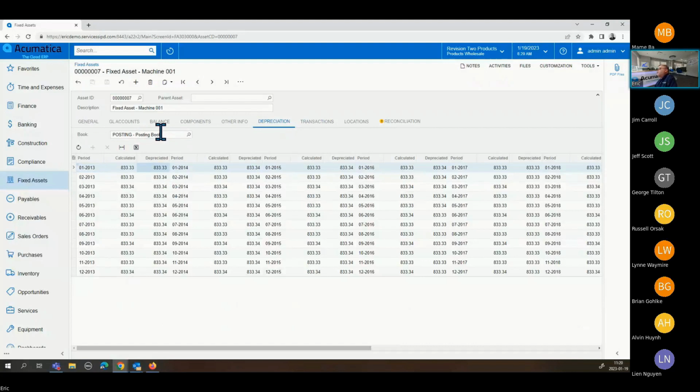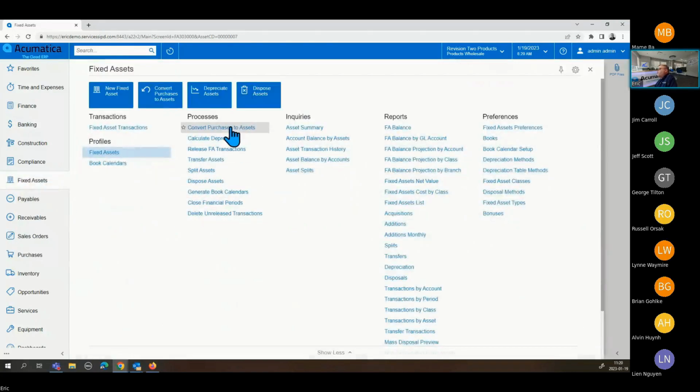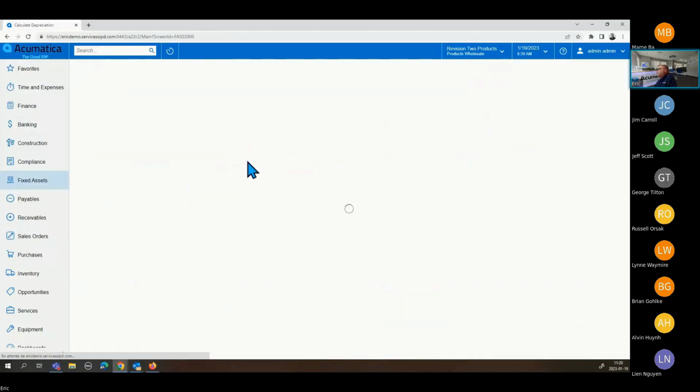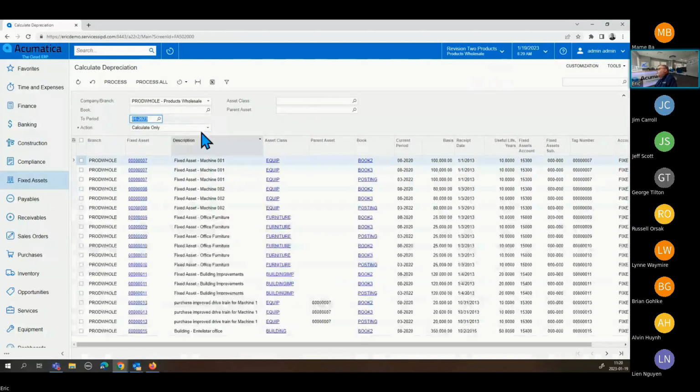To create these entries, you have another processing stream that should be part of your month end, which is the calculate depreciation. At the top of it, you have depreciation that will create all the GL entry for the posting book, and for the others, it will just calculate the amount